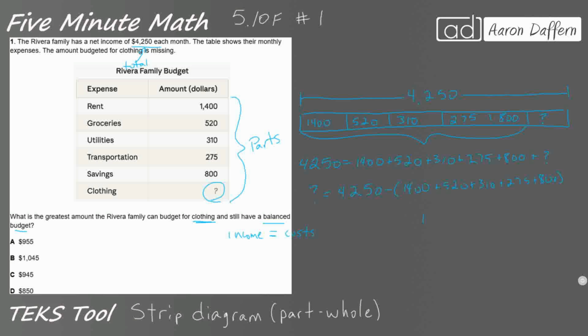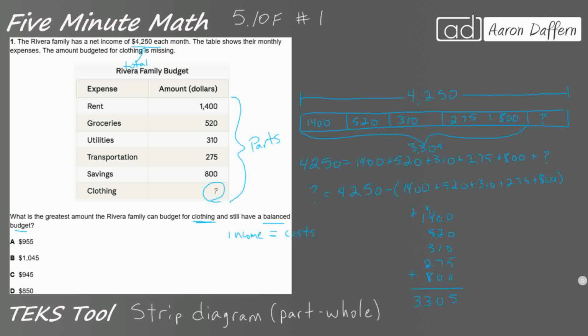Let's just add these. Let's do it vertically. So I've got 520, 310, 275, 800. Let's see what I've spent so far. So that's going to be 5. That's going to be 10. I'm looking for 10s here. So that's a 10. That's another 10. That's 23. And that's going to be 3,305. All right, so this is